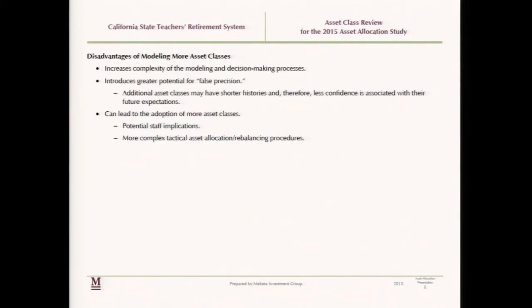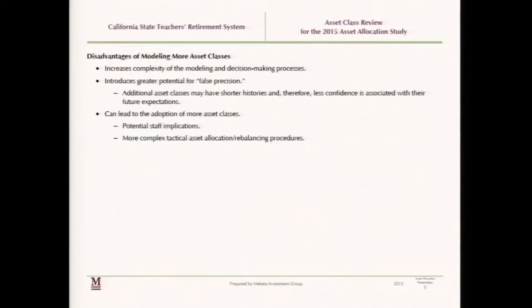So next, staff asked us to highlight, and I think this is a really key point, the disadvantages and advantages of modeling more or fewer asset classes. All of the questions have sort of led to the next couple of slides. I think I can distill slide 5 into one phrase: the biggest disadvantage is more numbers. It's more numbers that you'll see in the asset allocation process, more expected return numbers, more standard deviation numbers, more potential outcomes.